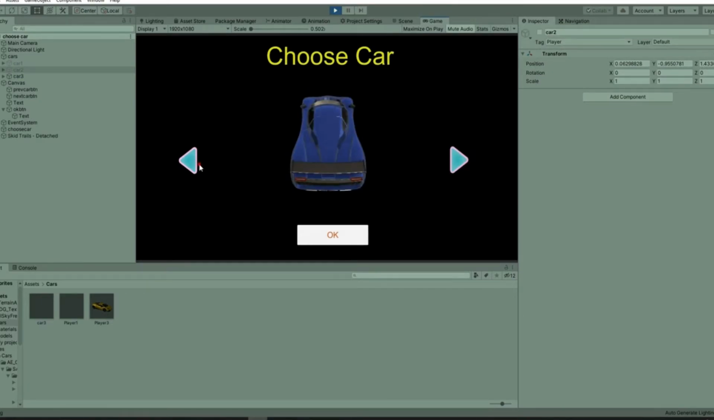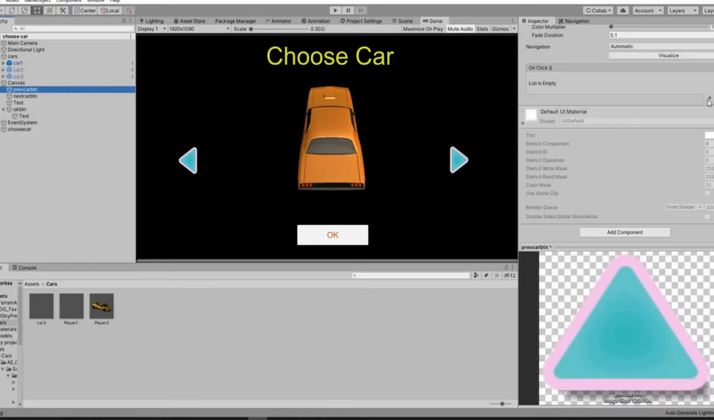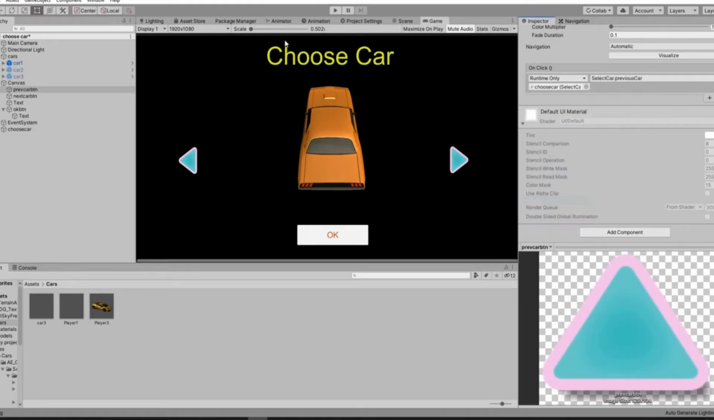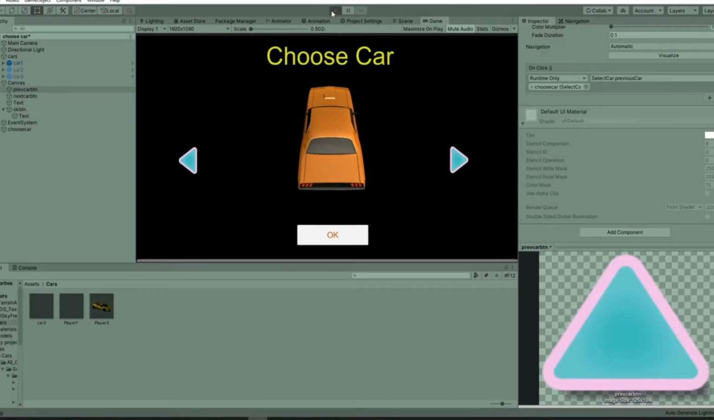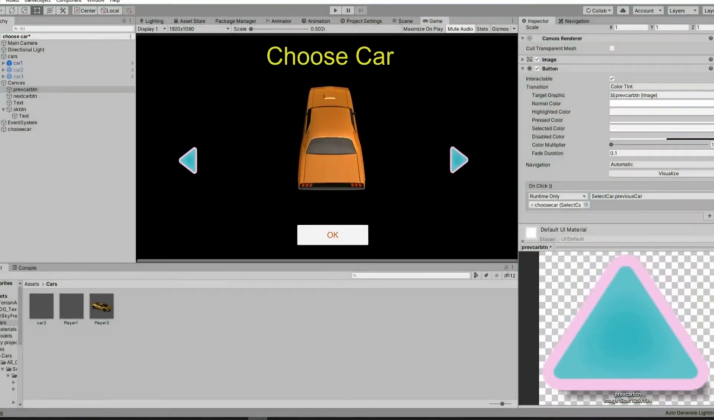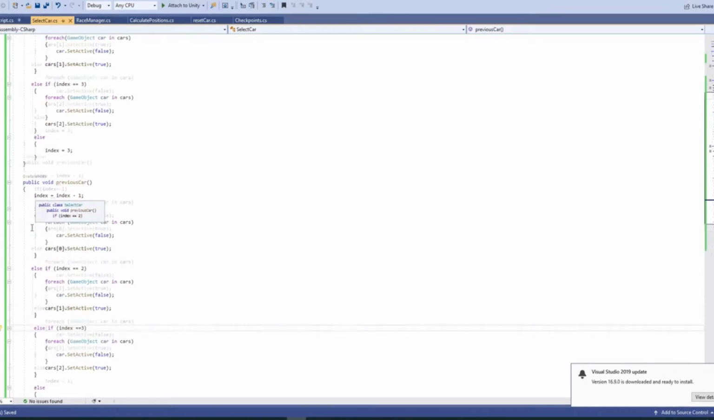Here you can see that next button is working, but we need to add click event to the previous button. Click this plus icon, and like we did for the other button, I will choose the select car class and choose here previous car method. And you can see that we can choose the cars. Maybe we can remove this